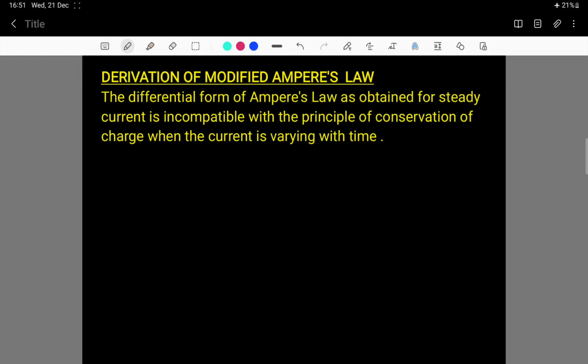Derivation of modified Ampere's law. The differential form of Ampere's law as obtained for steady current is incompatible with the principle of conservation of charge when the current is varying with time. The differential form of Ampere's law for steady current is given by